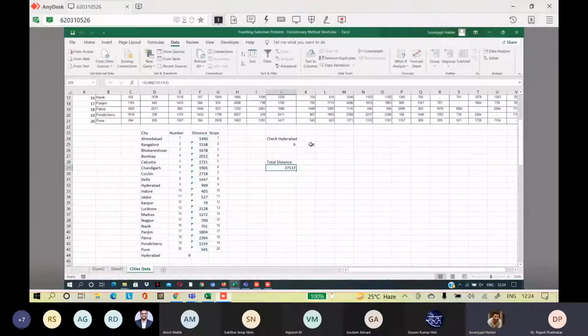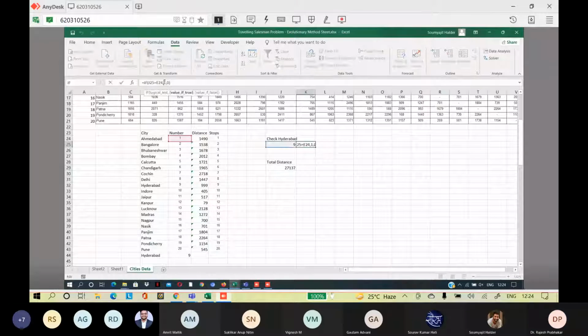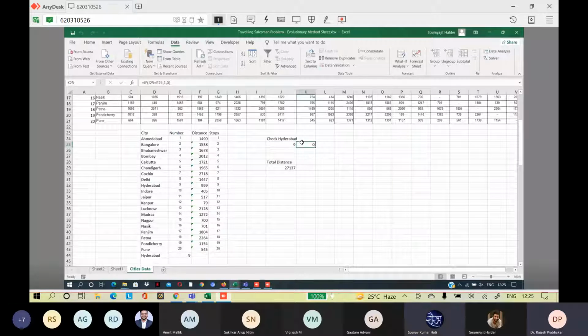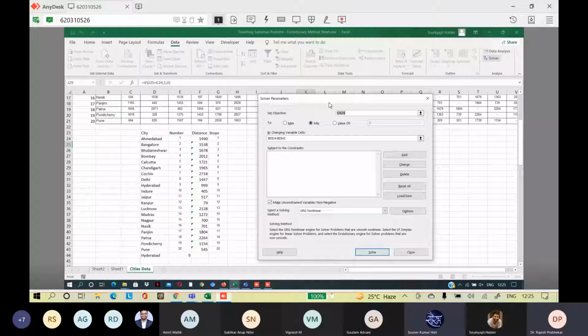Okay. If J25 is equal to E24, 1, 0. This is also correct. Okay. So this is a format. Yes, please. Sir, my city names also changed.